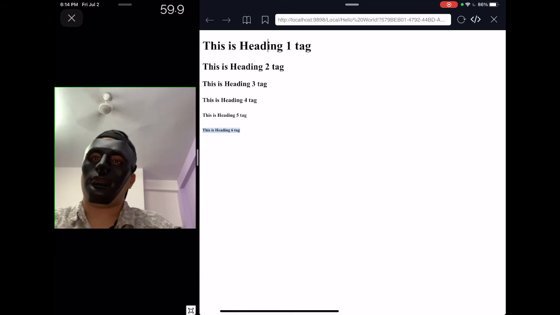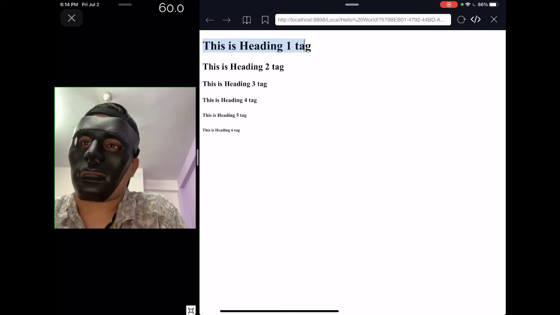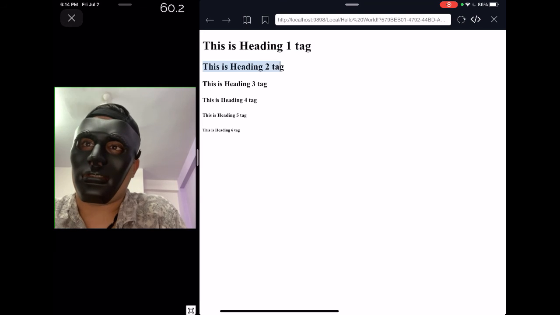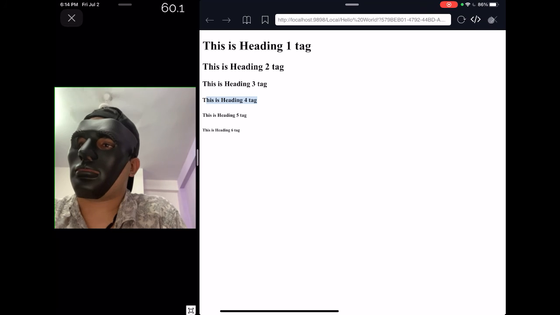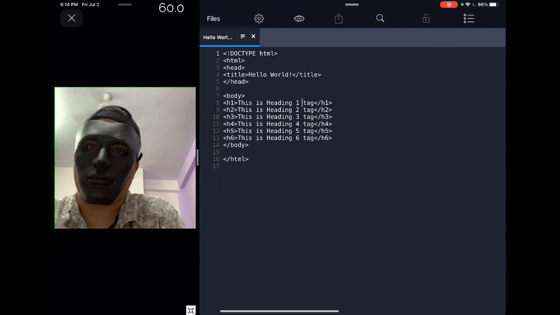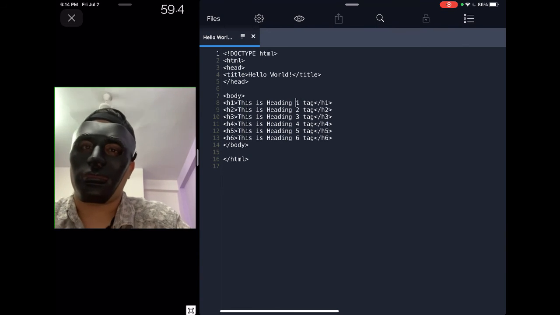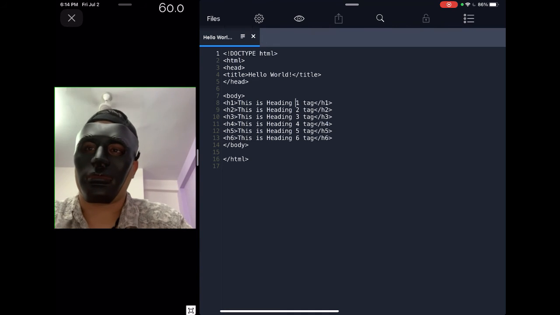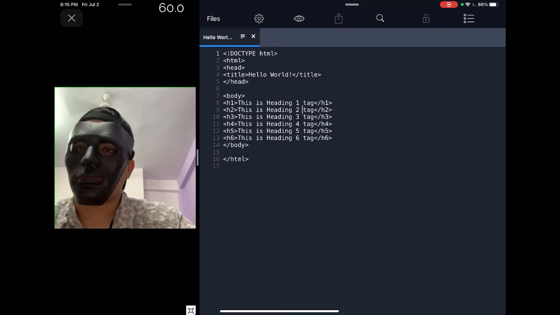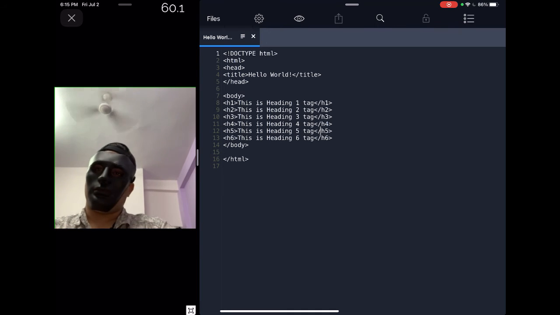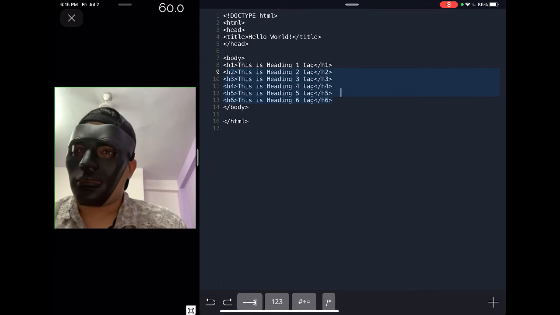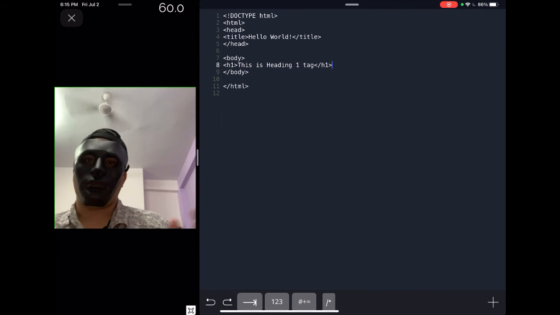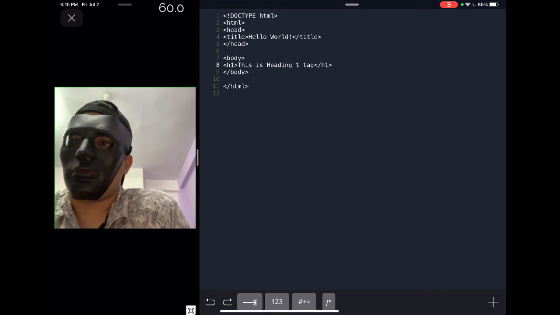Now many of you might be wondering why a line break is given between all of these. That is because you are using 2 different heading tags. That is the reason HTML understands it and gives a line break, just like pressing enter on your keyboard. So this is your first HTML. Now suppose we remove every one of these. I think the heading tag concept is pretty much clear to you all.